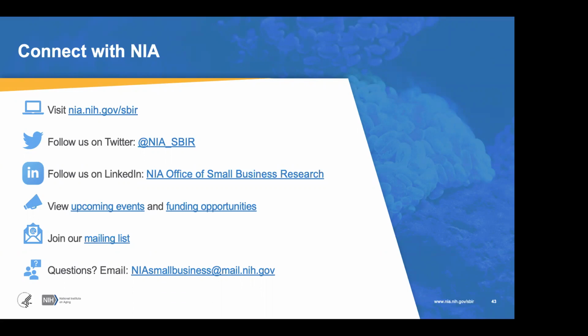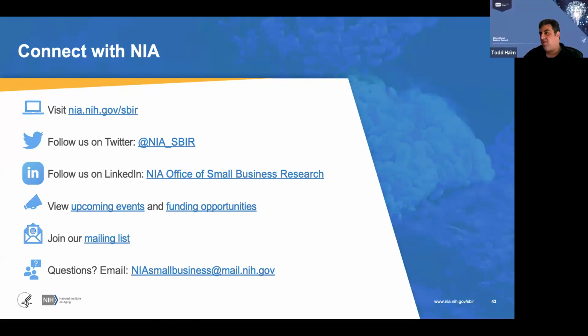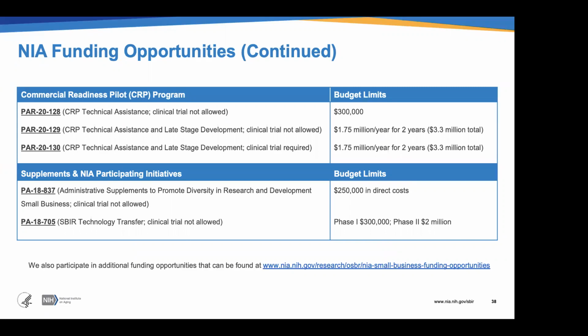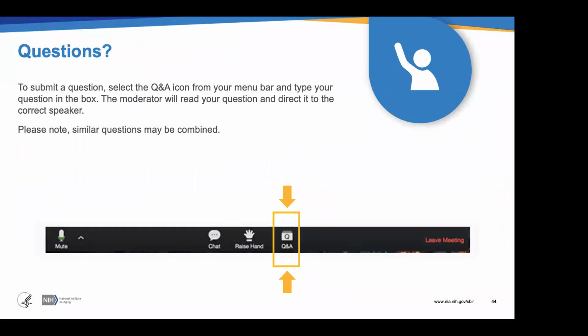The next question is just relating to the NIA invention licensing opportunity. They'd like to see if you can repeat that number and any additional information, Todd. Yeah, it's PA-18-705. We will be sending the slides, so you can see it towards the bottom of the table in this slide, and it's also linked on our website. Once you get the presentation, you'll be able to link to it and then contact our office with any questions.